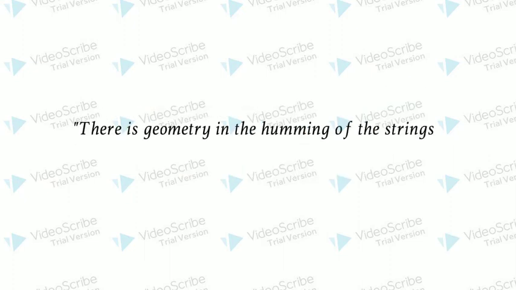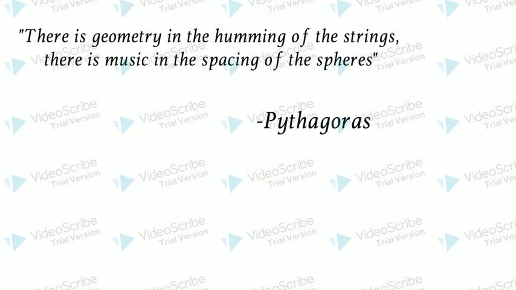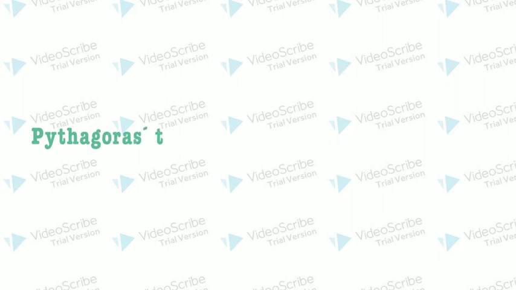Pythagorean Theorem. There is geometry in the humming of the strings. There is music in the spacing of the spheres. Pythagoras. In mathematics, the Pythagorean Theorem, also known as Pythagoras' Theorem, is a fundamental relation in Euclidean geometry among the